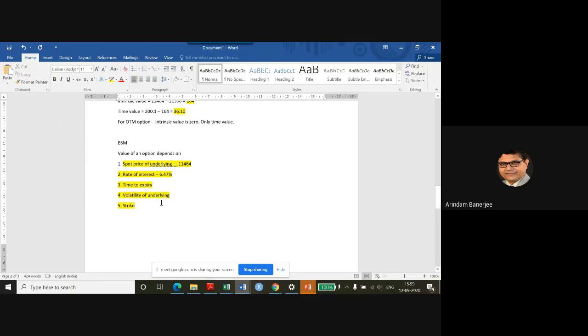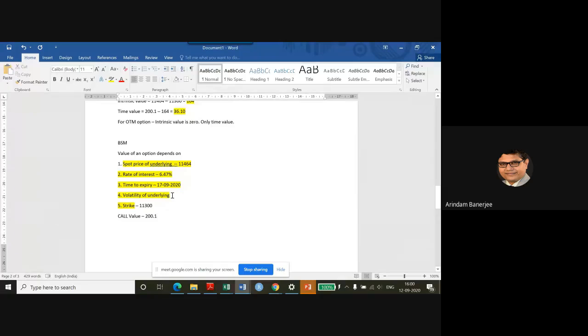6.47%. Time to expiry, I can choose 17/09/2020. Strike, I have already chosen 11,300, right? Volatility, I don't know. And what is the output? Output is the value of call. So the call value, the market value, this I know from the market. This is 200.1,